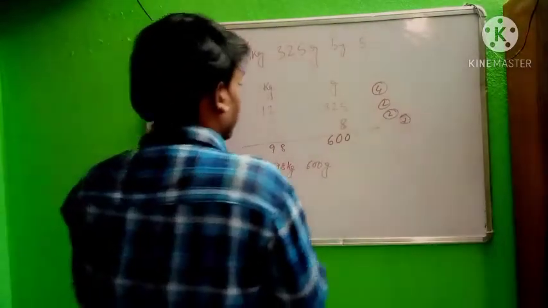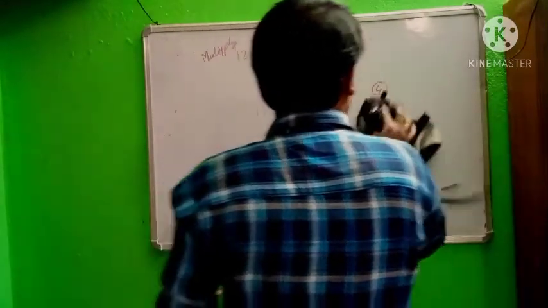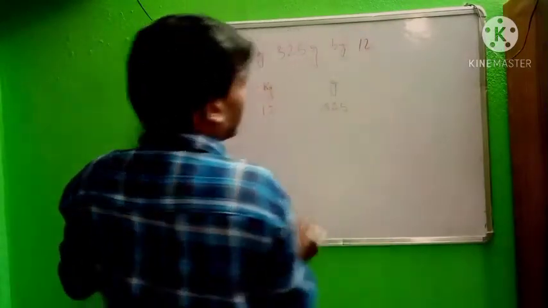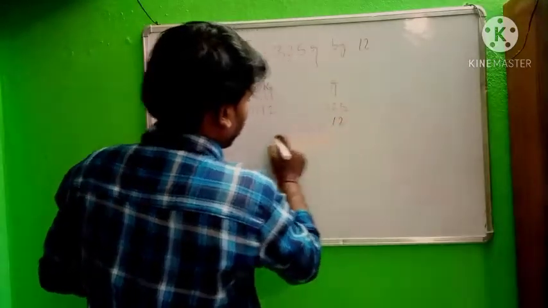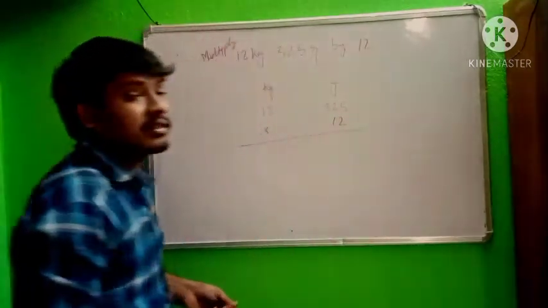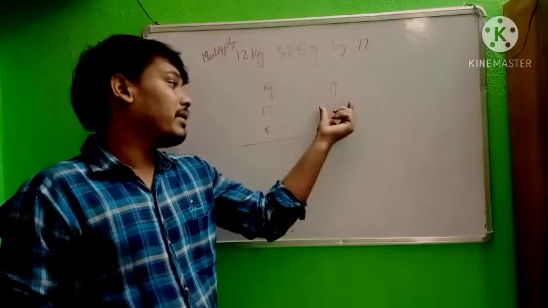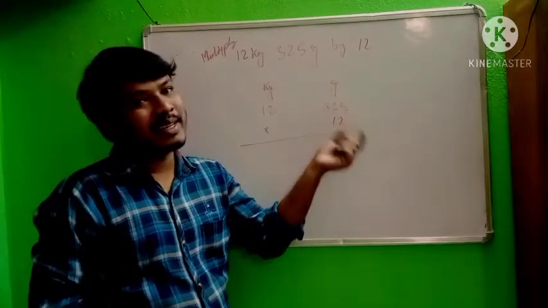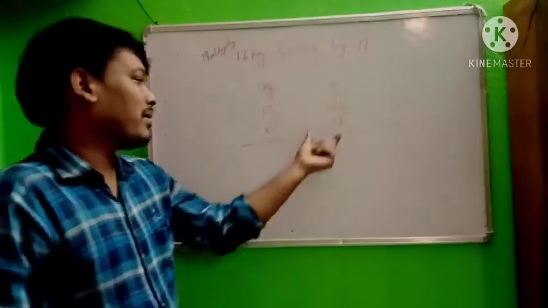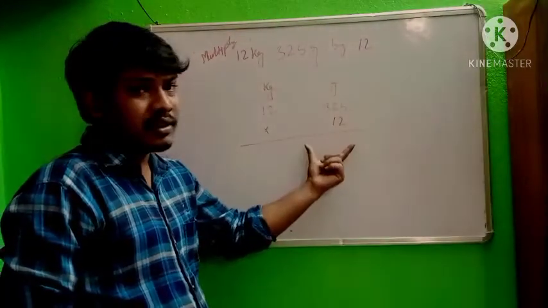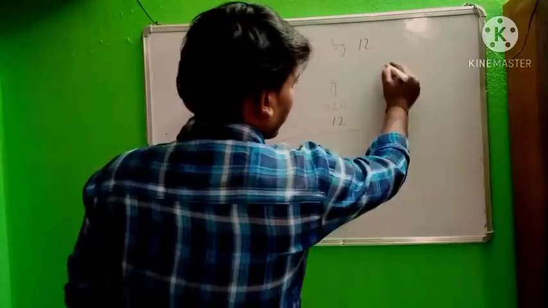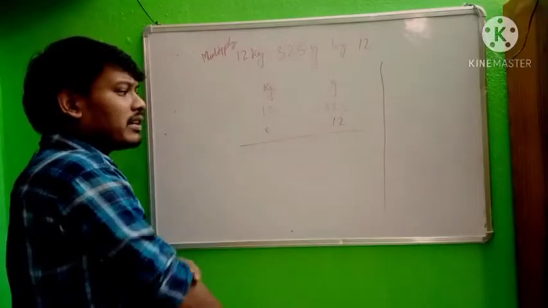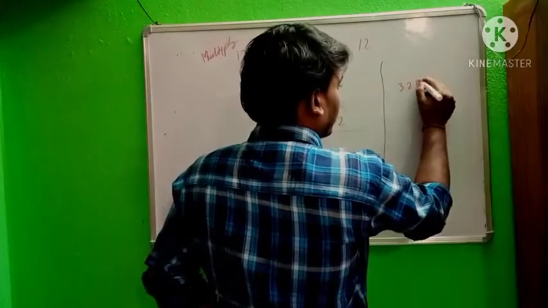Okay, now if the question is multiplied by 12, if we multiply by 12, then some difficulties will come. We cannot multiply directly in one line. If you know the table of 12, then it is very easy. But as usual, we need two lines. So you can solve it in this way. First you multiply these two values in the grams: 3 to 5 into 12.